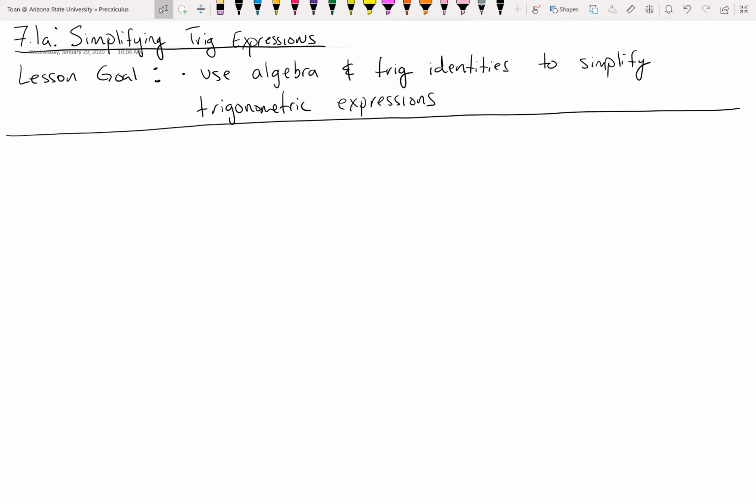We had to use knowledge about alternate interior angles, the sum of the interior angles of a triangle, that sort of stuff. Unit 7 is the analytical side of trig. It's the algebra part of trig. And today's goal is to use algebra, factoring, completing the square, maybe finding the common denominator, all your algebraic knowledge, in addition to trig identities to simplify trigonometric expressions. In other words, we're going to take complicated looking expressions and break them down into something